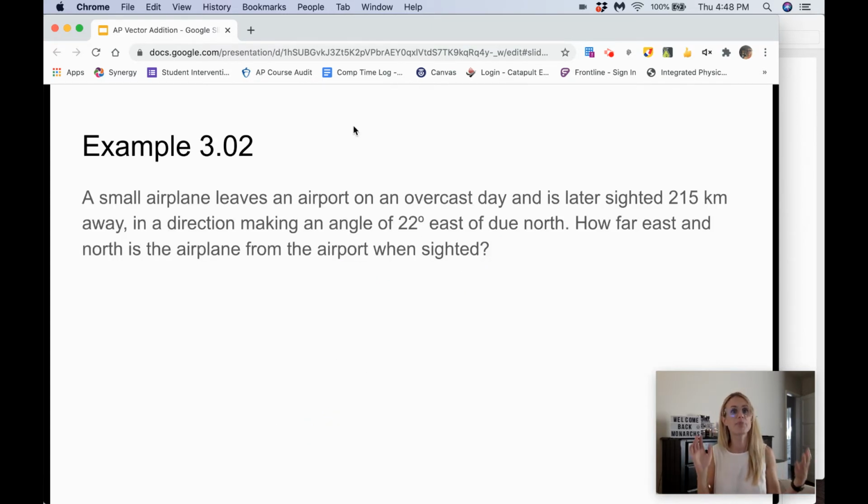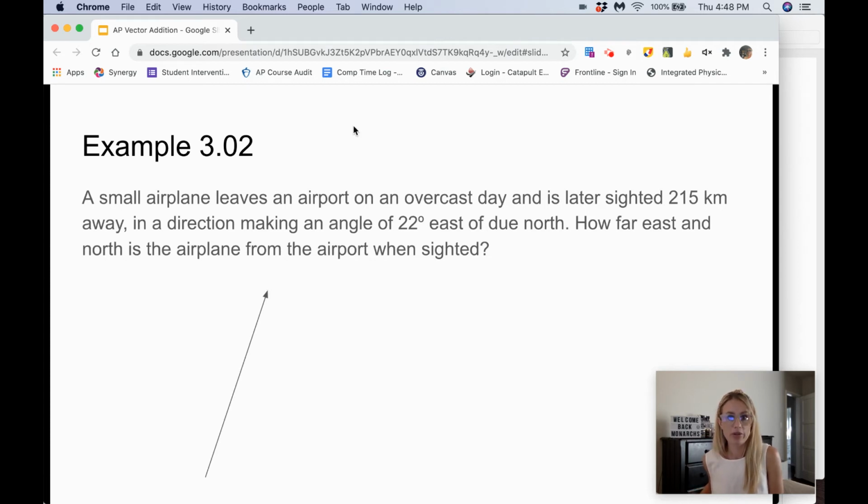So here's an example. We have a small airplane leaves an airport on an overcast day and is later sighted 215 kilometers away in a direction making an angle of 22 degrees east of due north. Here's our example of that cardinal direction thing. How far east and north is the plane from the airport when sighted? So here is your